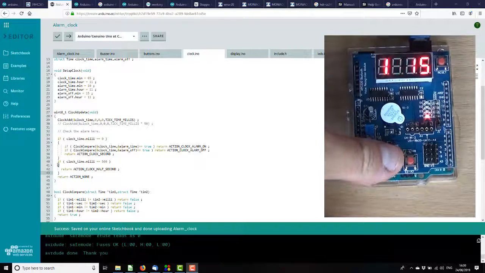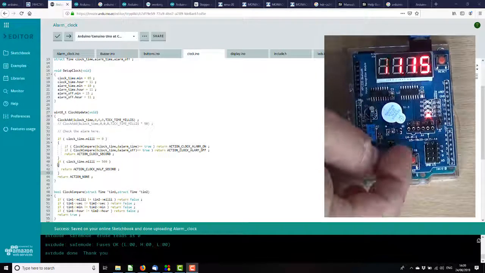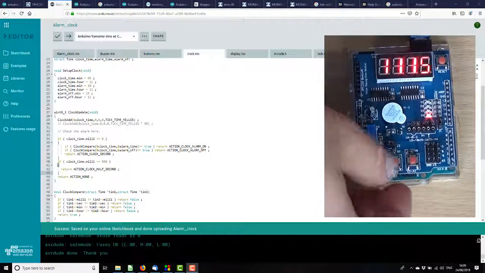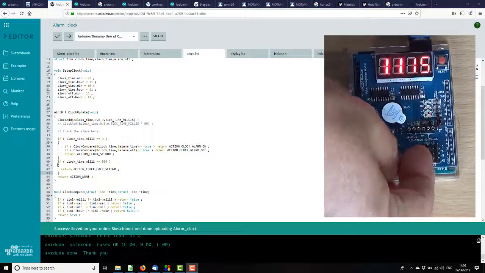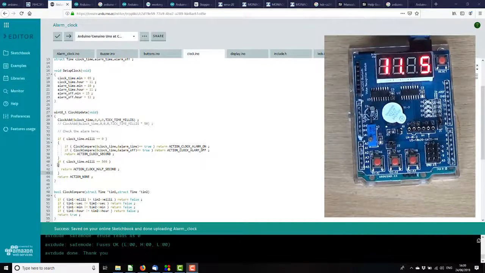So now if I press that and that, no, wrong two, and that, it turns the alarm off. So good. Well, I shall now turn you off and I shall go and see if I can get the